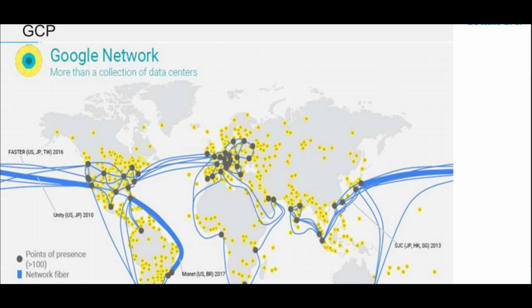Probably a person from the US may take some time to open up that web page. A person from India will have that web page open quickly. Now, how can you enable uniformity in terms of opening up your web page quickly for every user across the globe? You would use the Google Global Cache edge nodes, or the GCP edge nodes, which are present across the globe. So this is primarily used for content delivery.